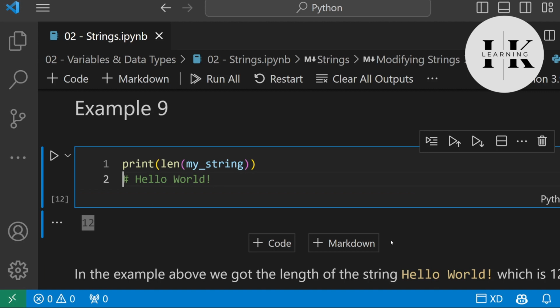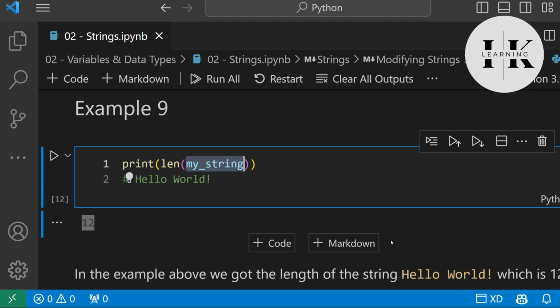Now, the next and final method that we're going to learn works a little bit differently. This method is called the len method. The len method, unlike the other methods, doesn't need to start with myString followed by a dot. We're simply going to call len, open close parenthesis, and then we're going to provide it with a string that we want to get its length.